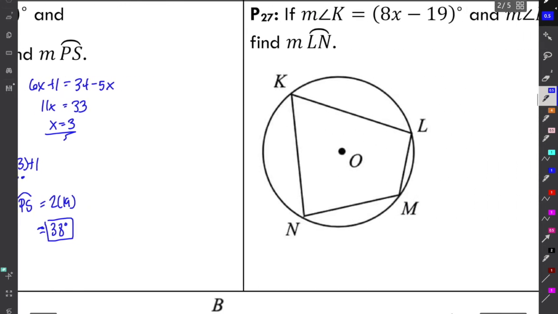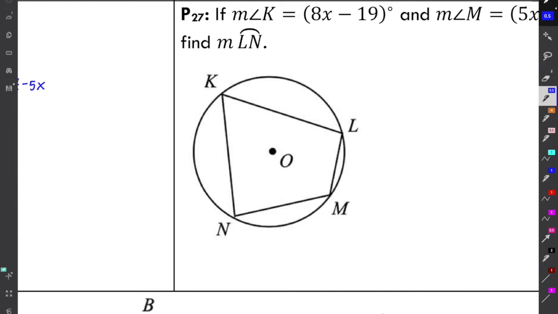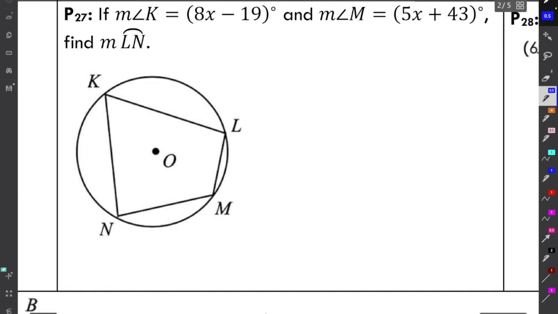Number 27. The measure of angle K is equal to 8x minus 19, and the measure of angle M is equal to 5x plus 43. Find the measure of arc LN. Okay, so